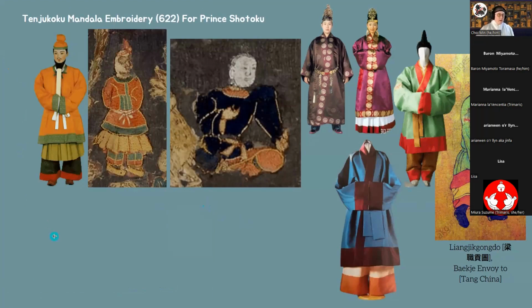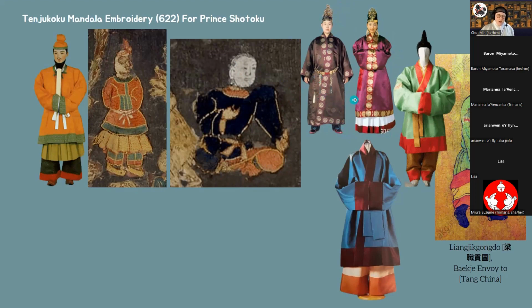So anyway, we're here and I have more pictures. Here's some men's clothing from that same mandala. The men also have this low tiered skirt, but you can see the pants underneath with a center pleat. And this is a Japanese reproduction of this mandala. Here's another one. I haven't found a reproduction of this, but it was just a different man's outfit. And then here are some early 2000s attempts at what the Baekje royalty would look like.